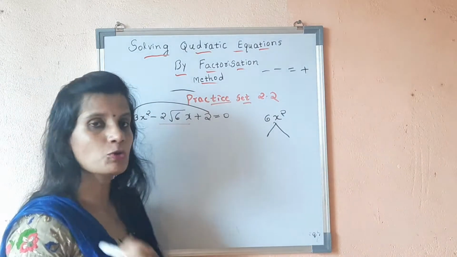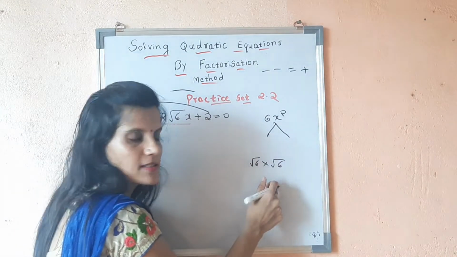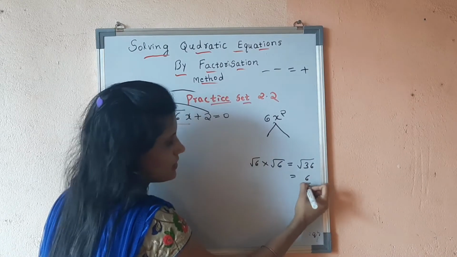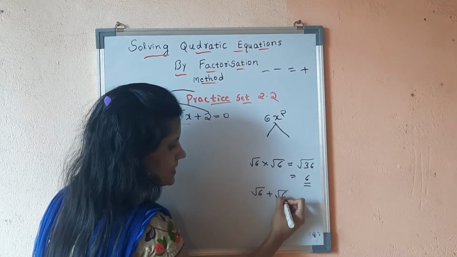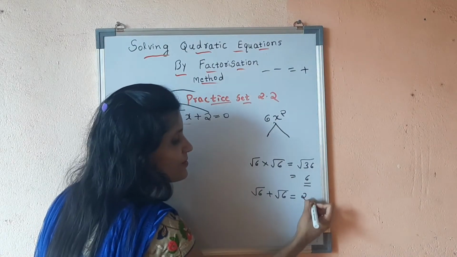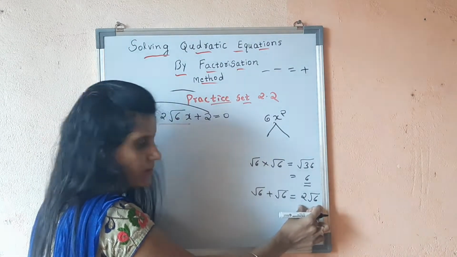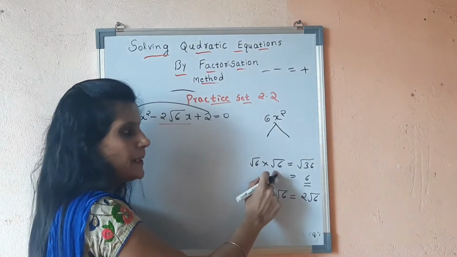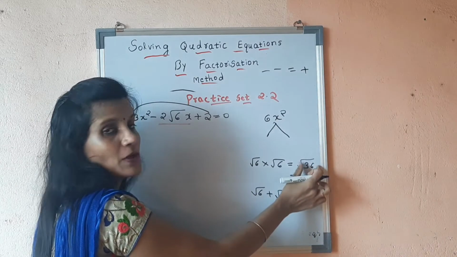Now students, you all know that if I multiply root 6 into root 6, what will happen? You will get root 36, which is nothing but 6. Fine. If I add these two, root 6 plus root 6, it will become root 12? No, right? It will become 2 root 6. Understood? Root 6 plus root 6 will be 2 root 6, because here we consider 1 and here also we consider 1. If I multiply root 6 into root 6, it will become root 36, that is square root of 36, which is 6.